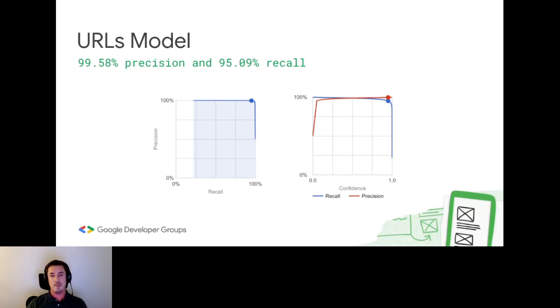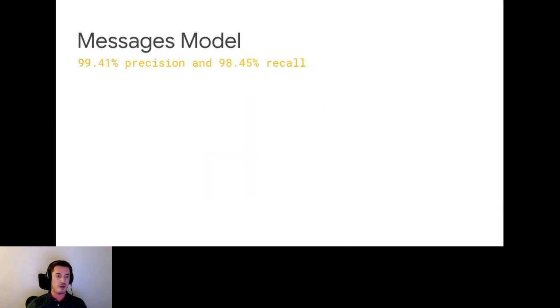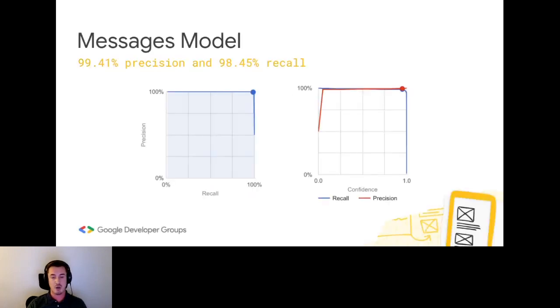So in the real world, it's how many positives the model actually detected. Looking at the URL model, we can see a high precision and a high recall, and in the messages model, we can also see a high precision and a high recall. But it's very important to note that the high precision and high recall are based on the amount of data we have given. So getting 96,000 data sets compared to 5,000, or compared to 150 million, for example, will not perform the same. The model will not perform the same.